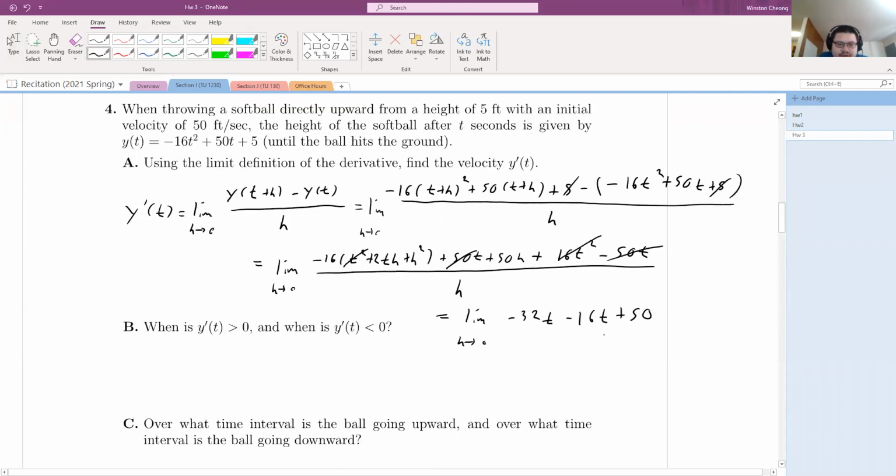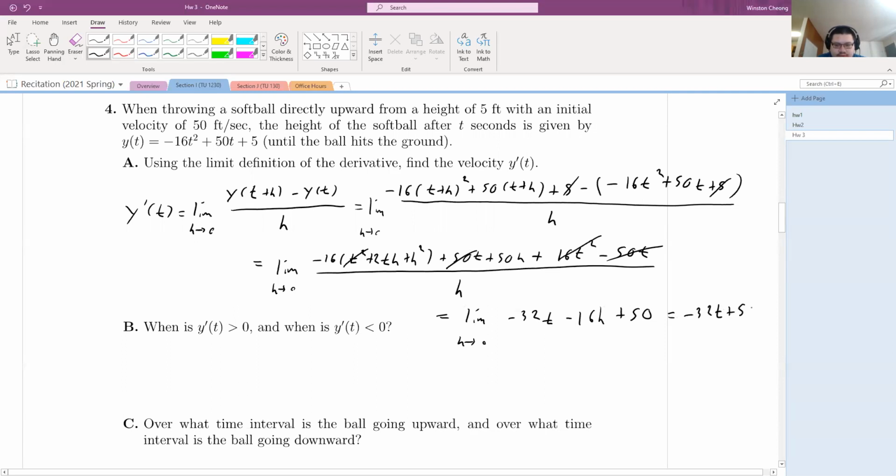Actually, there's supposed to be an h somewhere. Yeah, no, this is not a t, this is an h. I think I said h, but I wrote t. Yeah, that's right. Okay, and now we take the limit, this term disappears, and we're left with negative